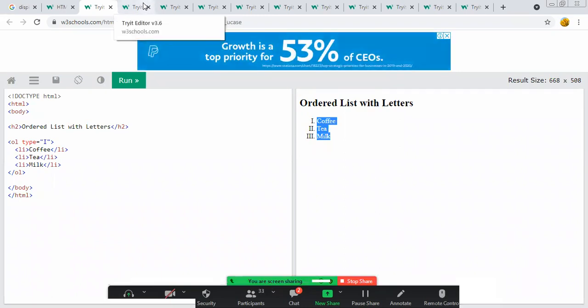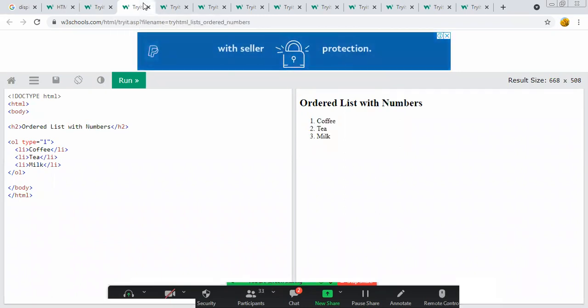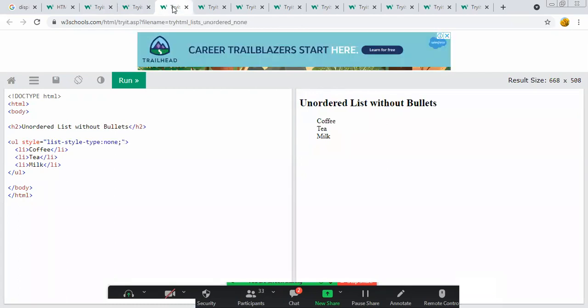We can also use it with the unordered list without the bullet. If you want to display the list without the bullet, we can use the style syntax. So here is the syntax where we display the unordered list without bullet.